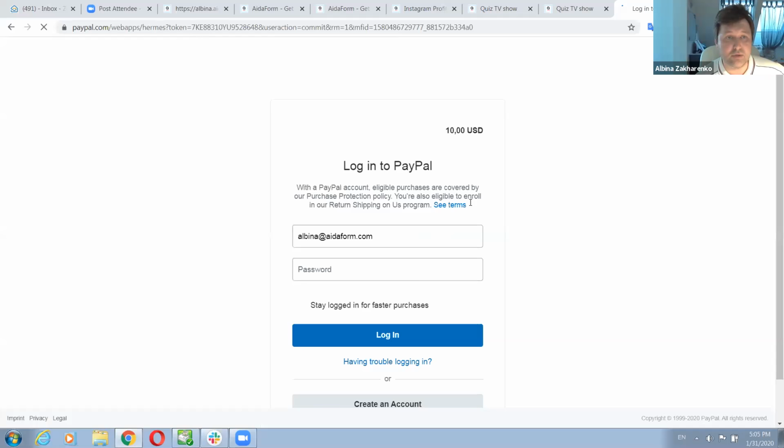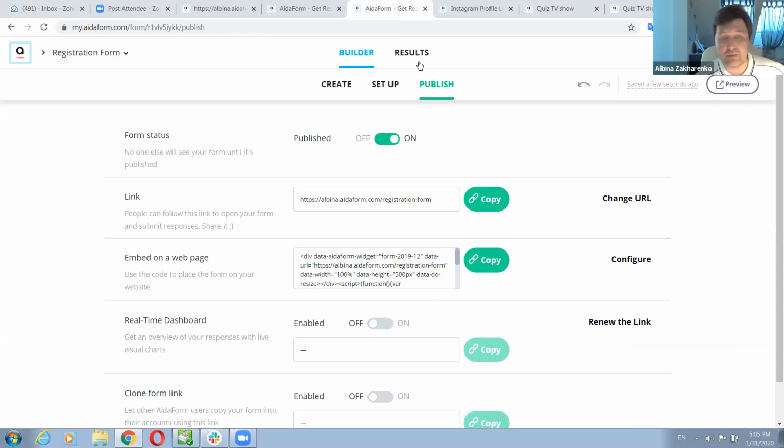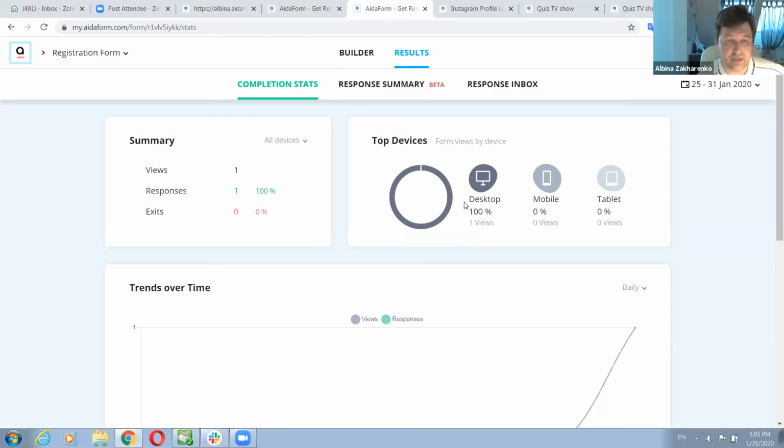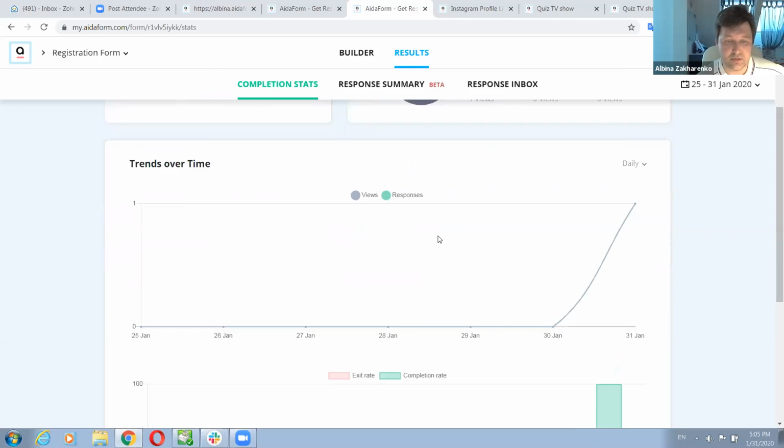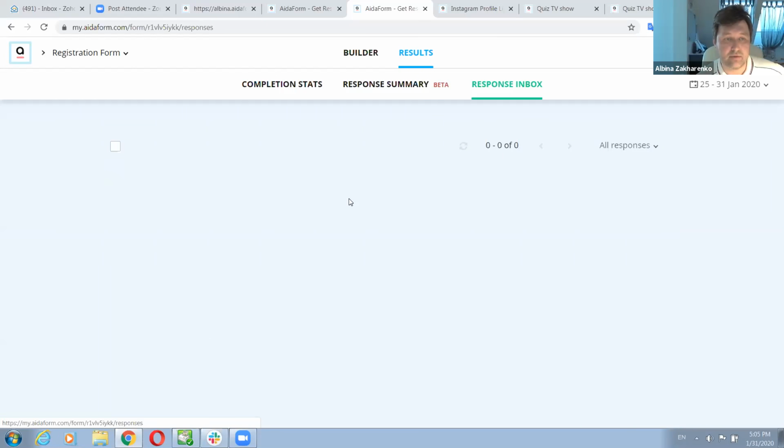I'm not going to pay anything at the moment. Anyway, we can see there the submission, the results section together with some details. Like for example, here we can see that this form got one view and one response from the desktop device, which I use. And in the response inbox, we can find